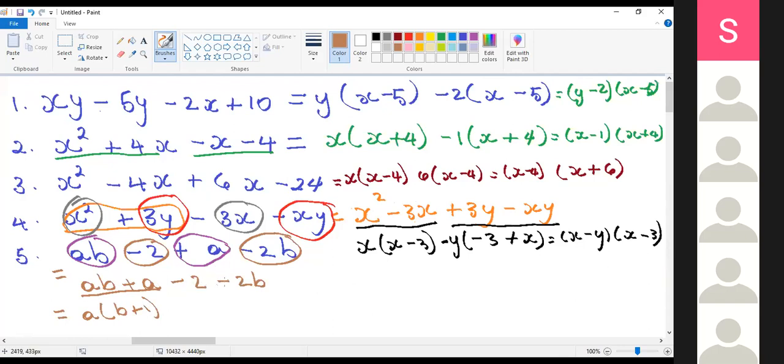What do you factor out for this one now? Negative 2. So negative 2 into negative 2 gives you positive 1. Good. And negative 2 into negative 2B gives you B. What kind of B? Plus B, right? Positive. So similar to the last one, B plus 1 is the same as 1 plus B